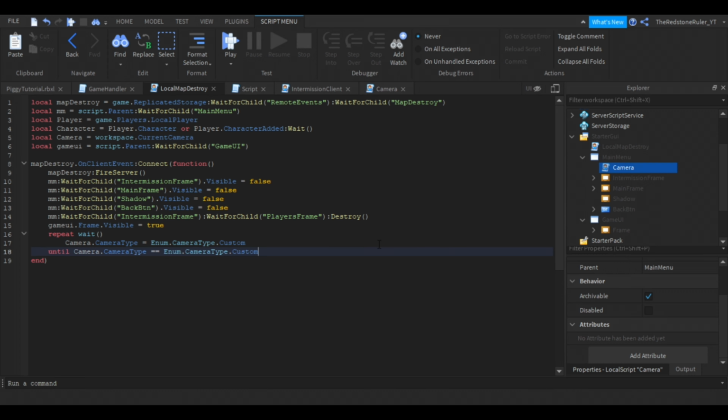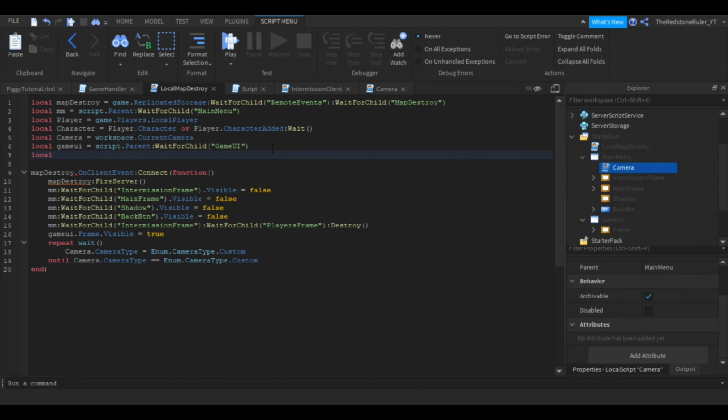Now, we're going to create a brand new thing. local visible = game.ReplicatedStorage:WaitForChild("RemoteEvents"):WaitForChild("